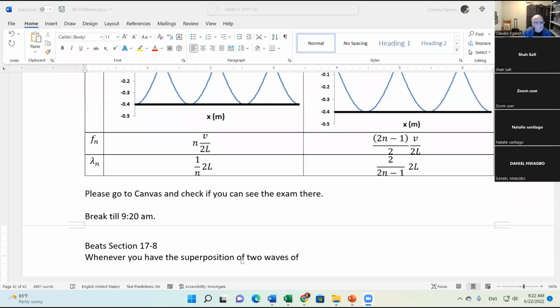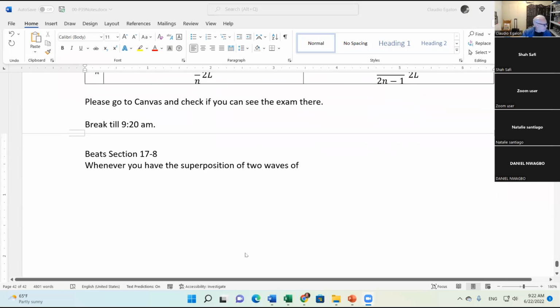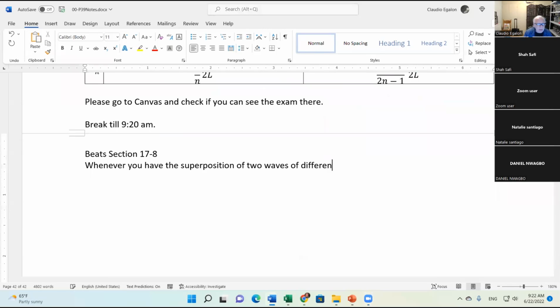Whenever you have the superposition of two waves, oh, I gotta share the screen, right? Here you go, sharing the screen. Beats, section 17.8. Whenever you have the superposition of two waves of different